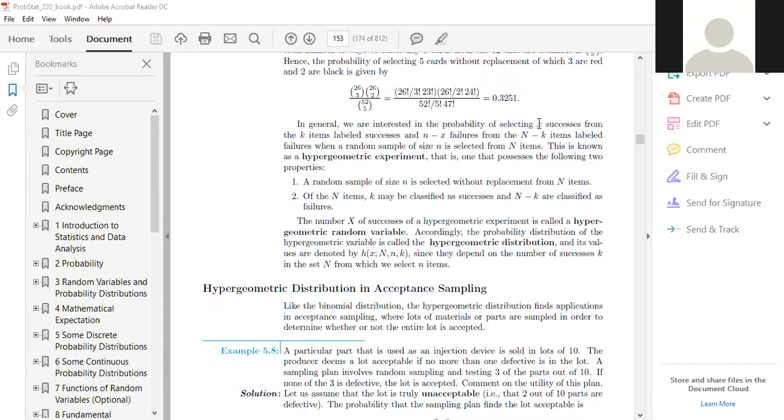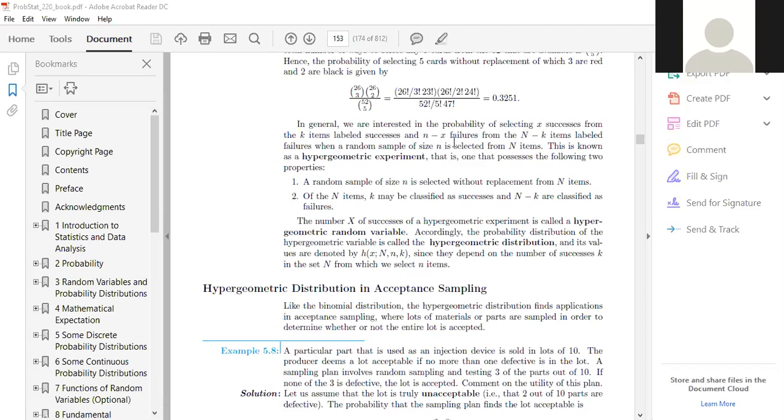Now you know this thing that x successes means you are taking x out of your small n. So total n minus x. And k successes means total number of components are N. Out of this N, k successes are there. So N minus k is a failure, right? Like this. So we are interested in the probability of selecting x successes from the k items labeled success and n minus x failures